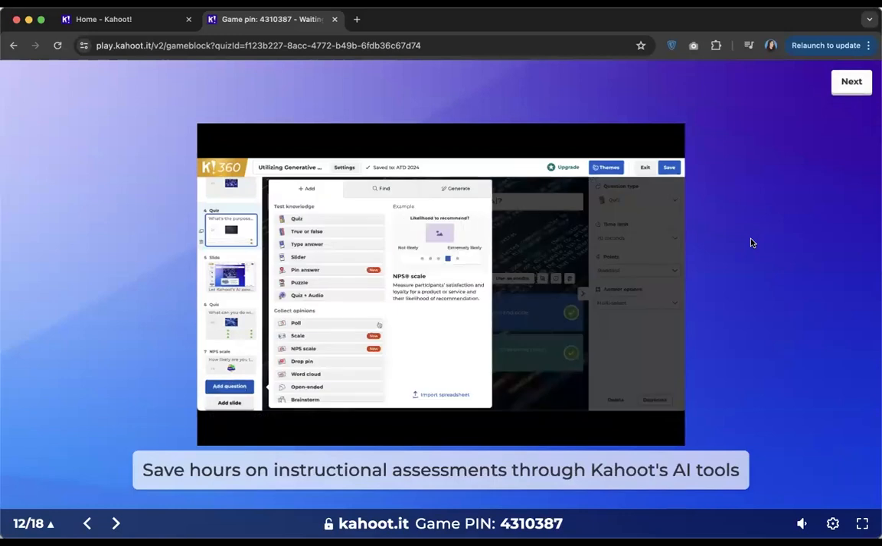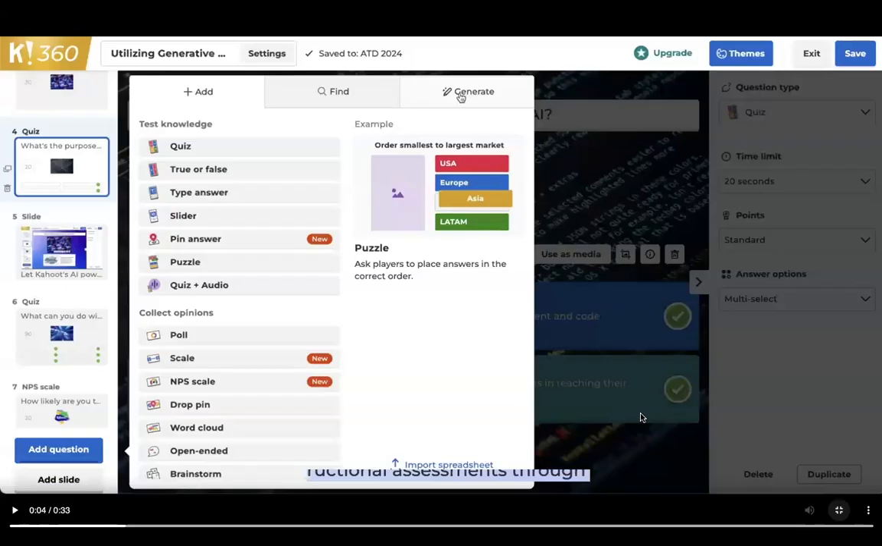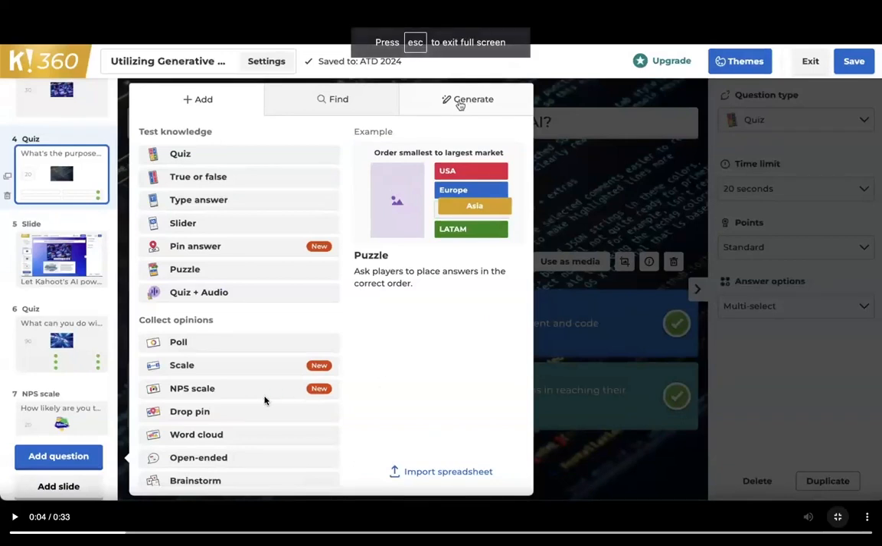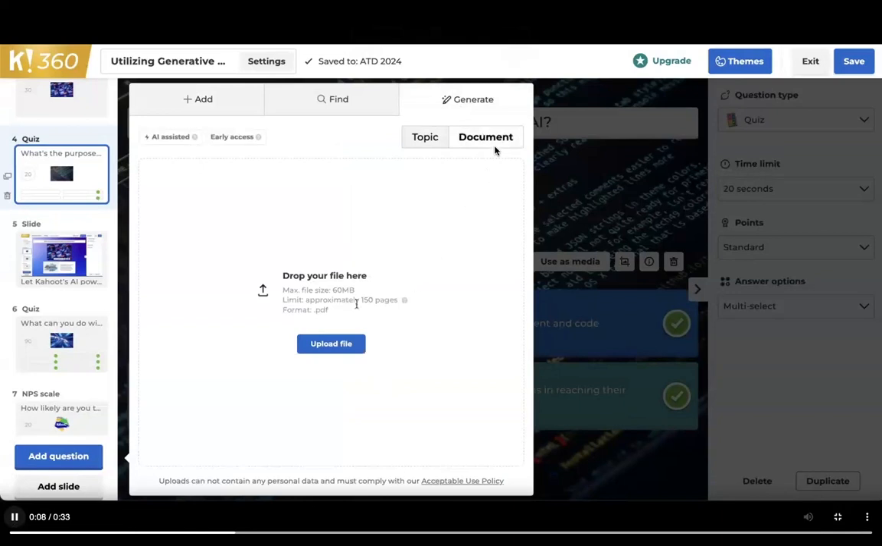What we just looked at again was the ability to add questions through a prompt-based question generator. But all of us spend so much time making presentations and trainings. I feel like I shouldn't have to come up with all the questions after I came up with all the content. So what Kahoot can do for you is you go back to that question generator and you select the